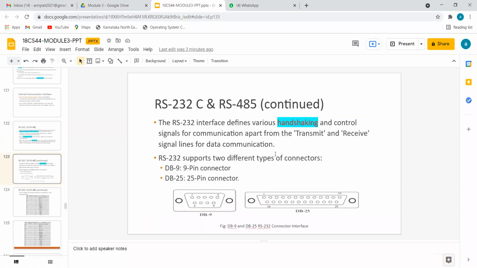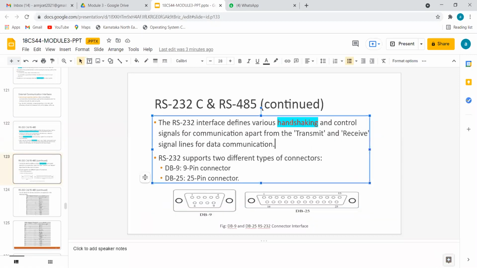Coming to this important point, it's a handshaking protocol. I hope you know three-way handshaking from your data communication. Let me give you a very simple explanation. First, three-way handshaking means send a message from source to destination. Second, the receiver will give an acknowledgement. Third, the sender will send the data continuously. That is called the three-way handshaking protocol. You are going to study this in detail in your DC subject. So this much is required for me.